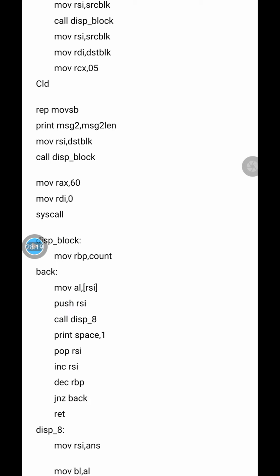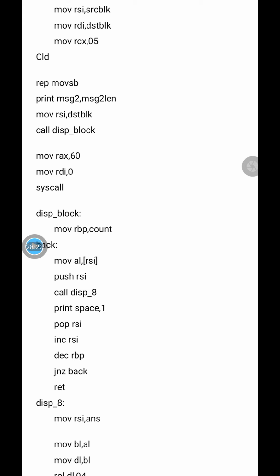You have to use a pointer to the destination block and print that destination block on the screen by using the disp_block procedure. So we are writing the procedure disp_block, and we are calling this particular procedure from here. So call disp_block. It will call this procedure, it will print the destination block, and it will return from there.